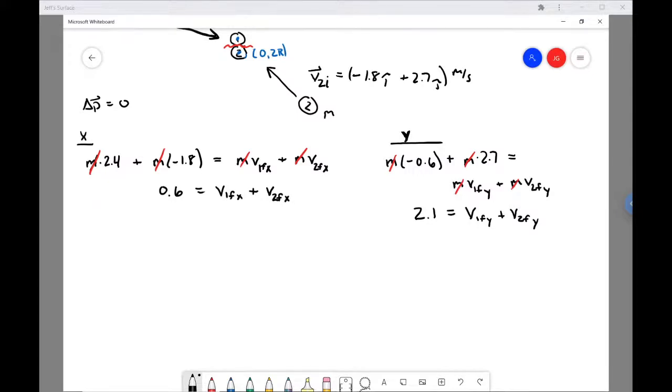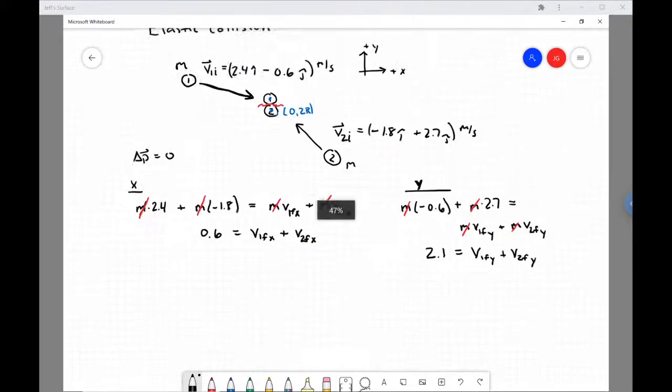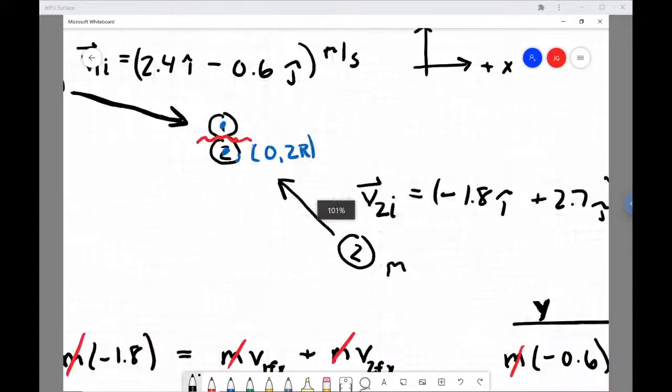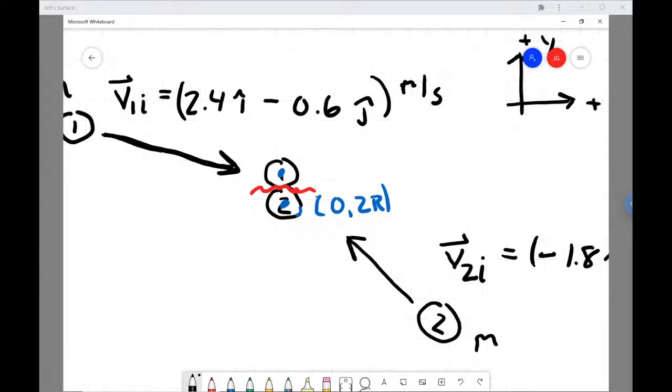Okay, so we have two equations here and 4 unknowns. That's not going to be enough for us to solve things, but we can also consider conservation of energy, which would give us another equation that we could write out. But still, then we'd only have 3 equations and we'd still have 4 unknowns. So it looks like not enough information is given for us to proceed. So let's revisit the nature of the collision.